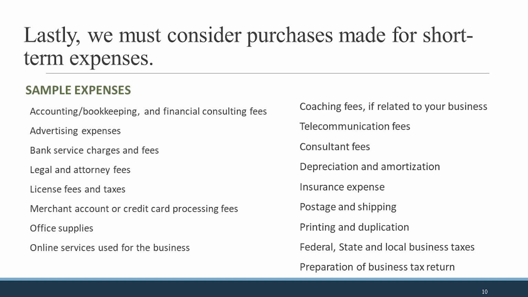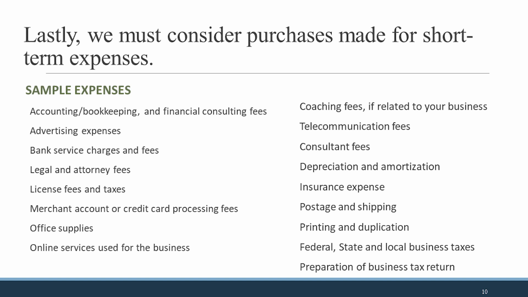For those of you who are a little bit more advanced, have a little bit more time in, maybe you have what we call coaching fees. You actually sit down with a consultant, maybe every 3 months, and you talk about your business, you talk about the strategy that you're planning, and that person serves as a sounding board for you, a person that will sort of give you some feedback to help you run your business a little bit more efficiently. Telecommunication fees,